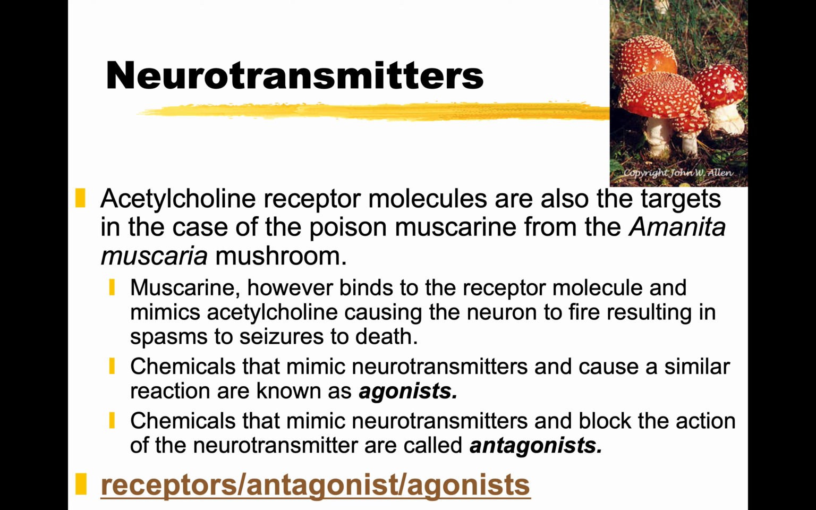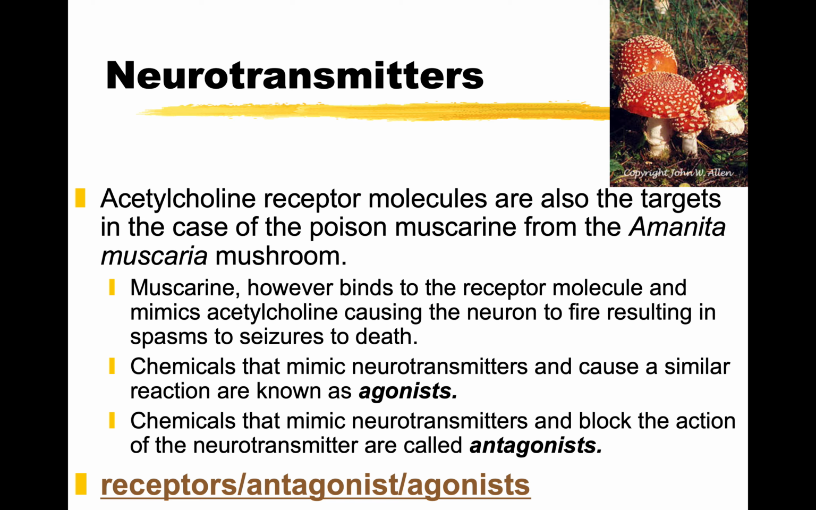So acetylcholine receptor molecules are also the targets in the case of the poison muscarine from the Amanita muscaria mushroom, and that's what the Amanita muscaria mushroom looks like. It's kind of a cute thing. It's got a red top with white dots on it. Muscarine, however, binds to the receptor molecule and mimics acetylcholine, causing the neuron to fire, resulting in spasms to seizures